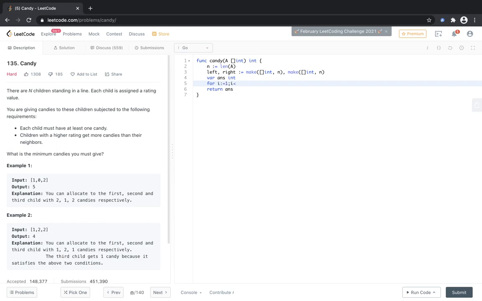And when we go from left to right, for i equals 1, i less than n, i plus plus, if a[i] is greater than a[i minus 1], then left[i] is equal to left[i minus 1] plus 1. We just give it one more than the previous one, and by default, in the very beginning we allocate one element to everyone because that is the default.